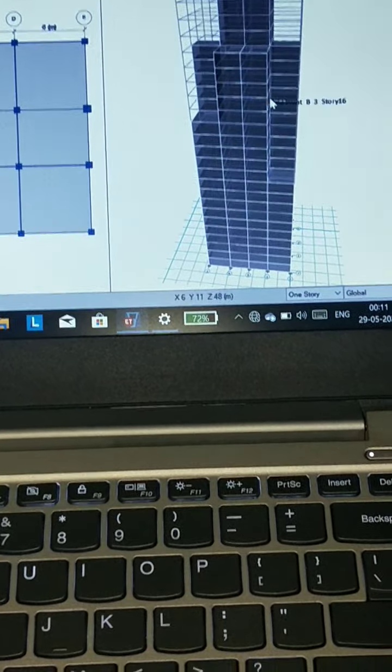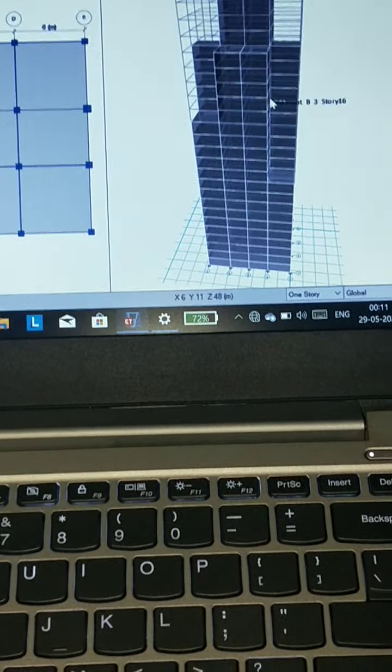Okay. And for the confinement bar, that is the transverse bar, for beam we will use mild steel 250, and for column we will use stirrups of mild steel 250.